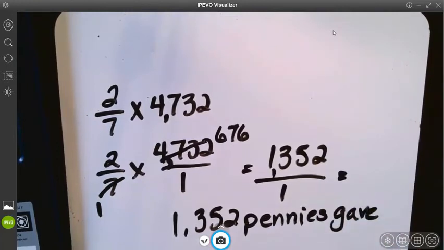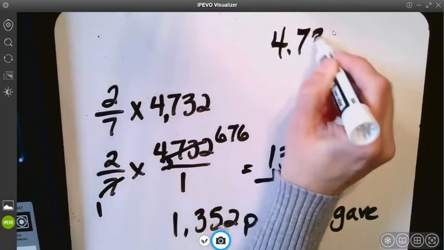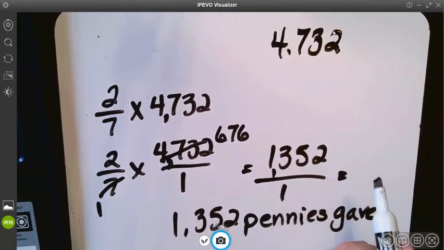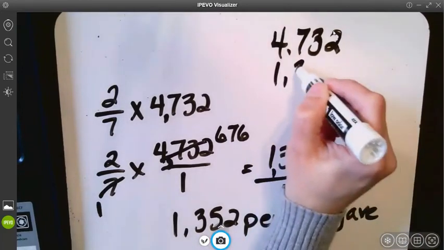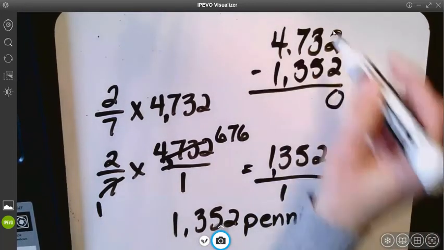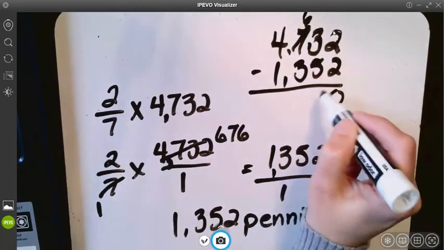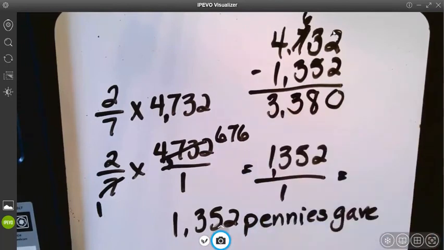But the question says, how many pennies does he have left? So in order to solve that, we have to start with how many pennies he started with. Okay, 4,732 is how many he started with. He gave 1,352. So we're going to subtract. Okay, so then we have 3,380 pennies